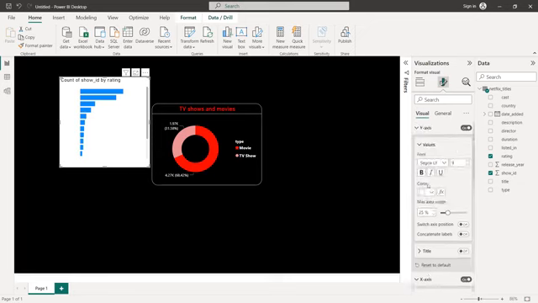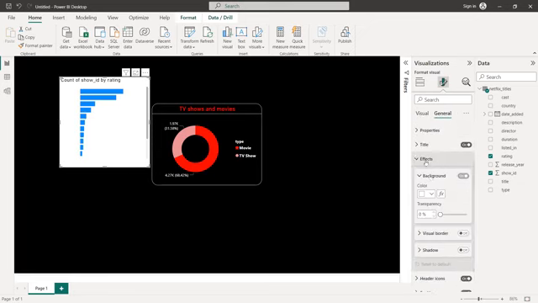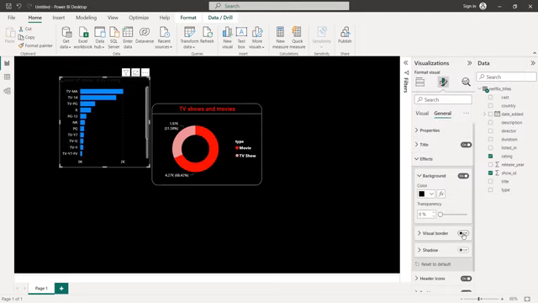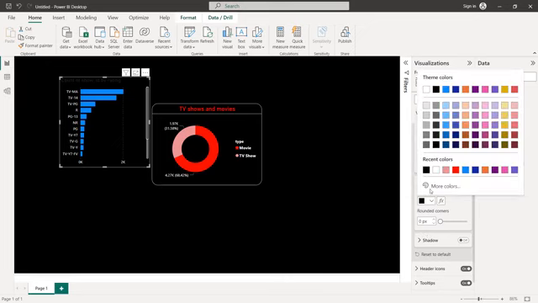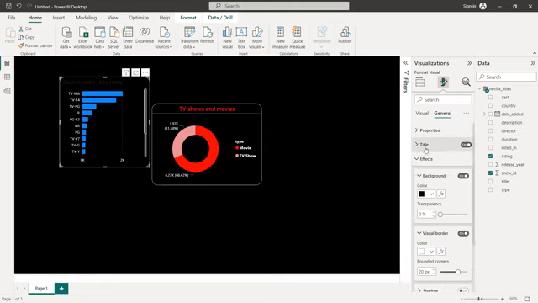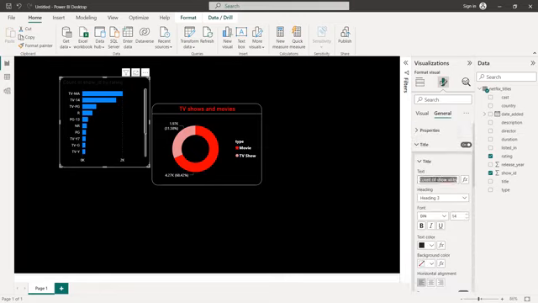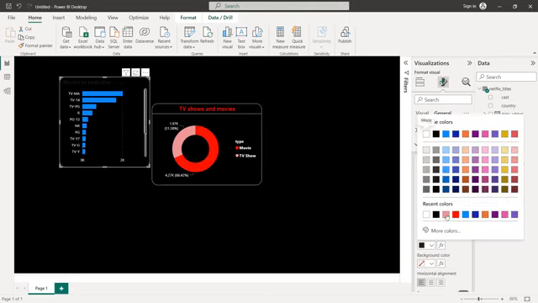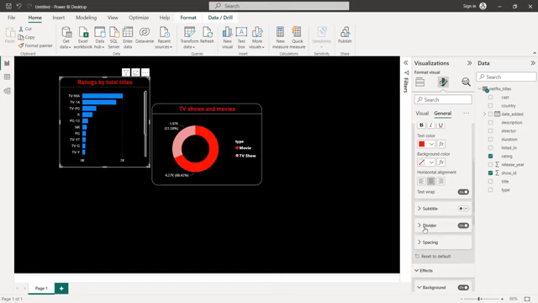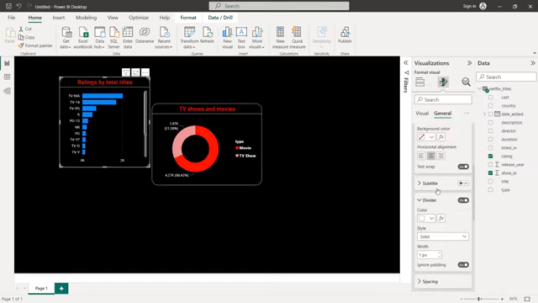Okay, now go to general, effects, background in black, visual border on, and it will be white 20. Go back to the title, so we have ratings by total titles, and it will be in red, 16 in the center. For the divider it will be on, and it will be in white. Okay,